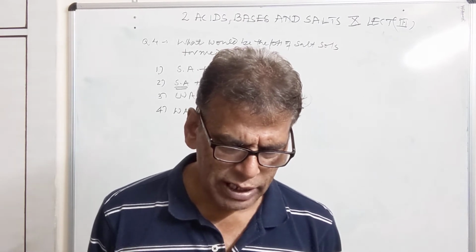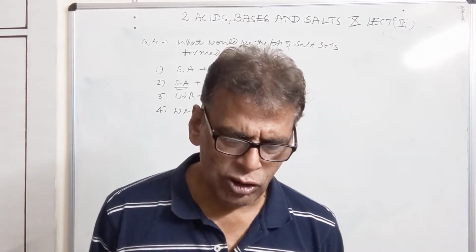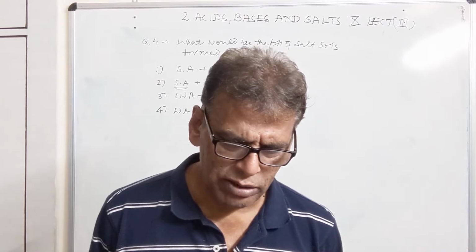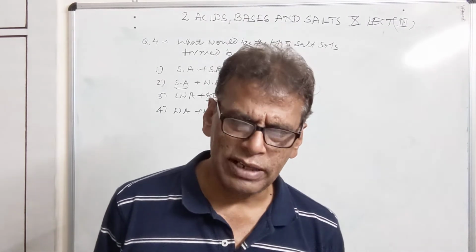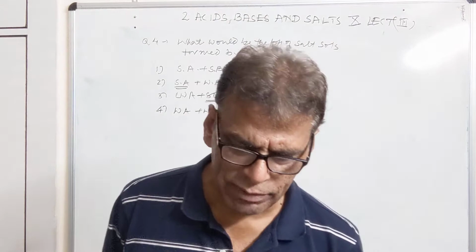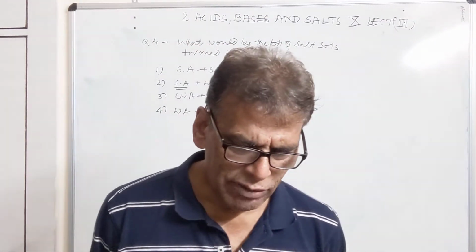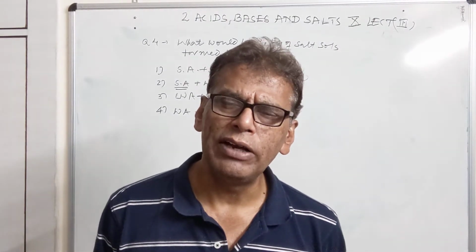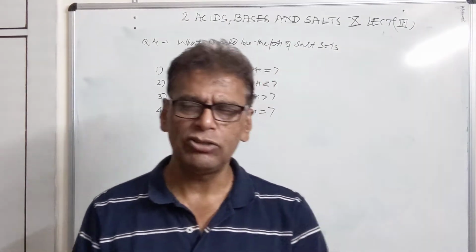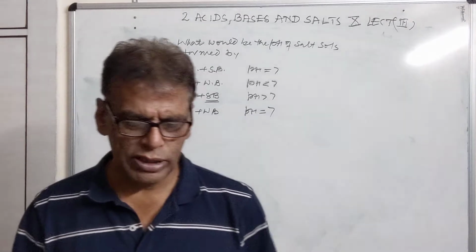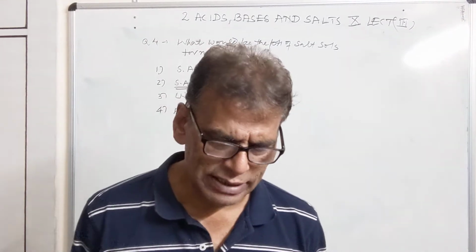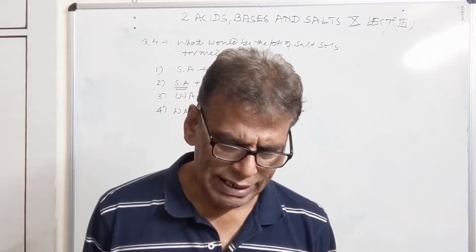Then similarly we have zinc sulfate. It is again soluble, all the salts are now soluble in water. Blue litmus turns red because it will produce a strong acid. pH will be less than 7 and the solution will be acidic. Then we have copper sulfate solution. It will produce copper hydroxide and H2SO4. H2SO4 is a strong acid. pH will be less than 7. The solution will be acidic in nature.